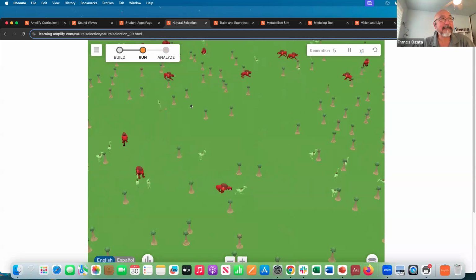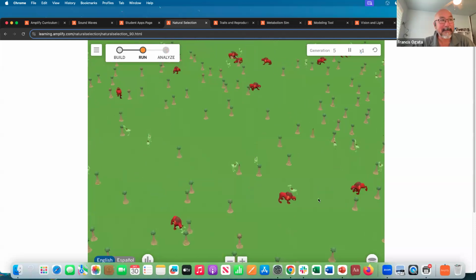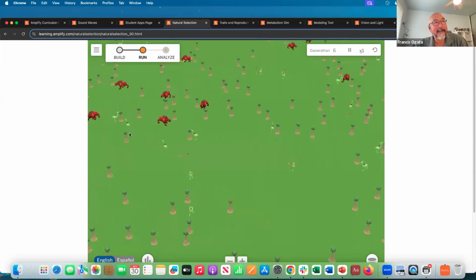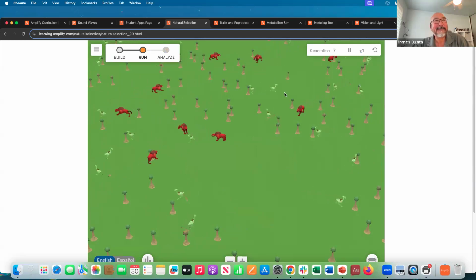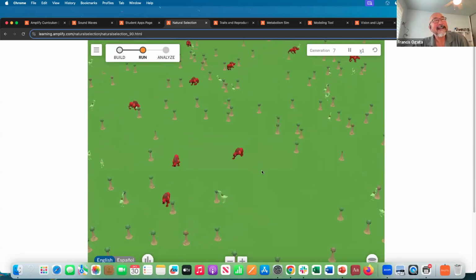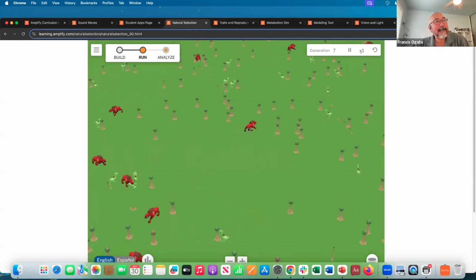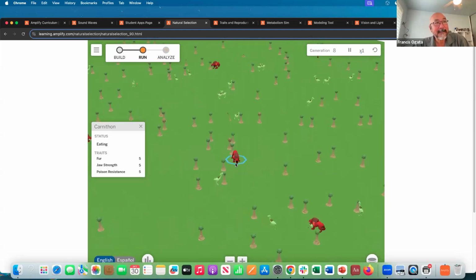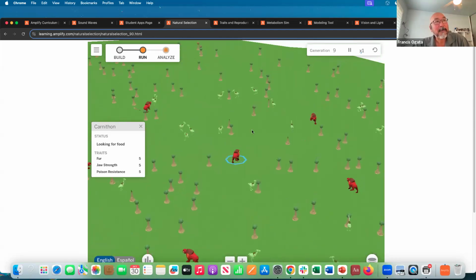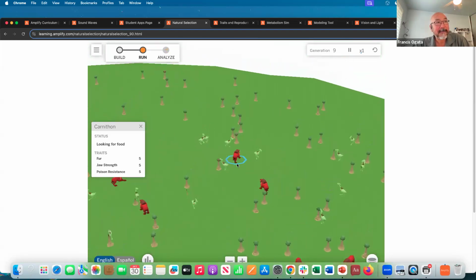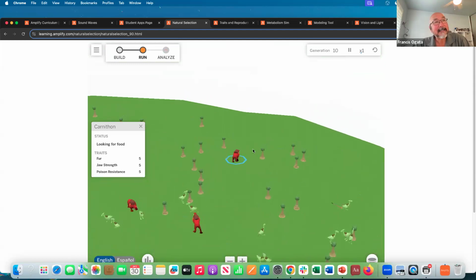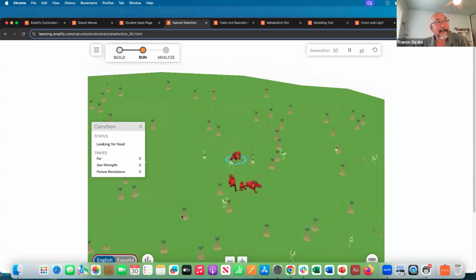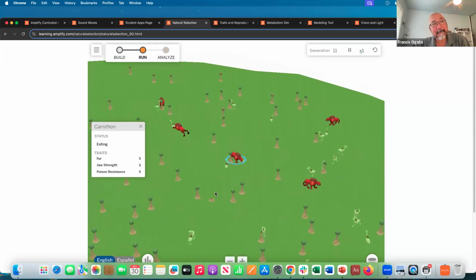Sometimes they'll meet each other, they'll give each other a little hug, and then there's a little baby that appears. I think that's one of the things that the kids love the most. You see how they just kind of gave each other a little hug, and then all of a sudden there's a new one, right? And so they're able to go through all these multiple generations up here. It's kind of fun. You can actually select one and then you can follow it, right? You can see what it's going to do, how he grabs this one and eats them, and go through multiple generations on seeing how he's able to do all this stuff. So he's going to go past it, but I can see, you know, like what he's going to do and how he's going to turn around, come back and get these guys. There's my australopes, and then there's the baby that just came out, and then boom, he's got him again.